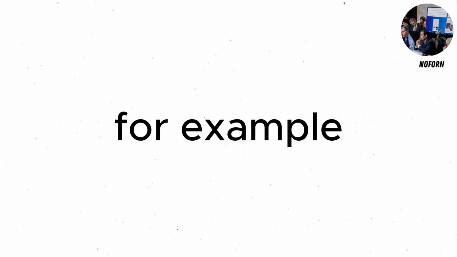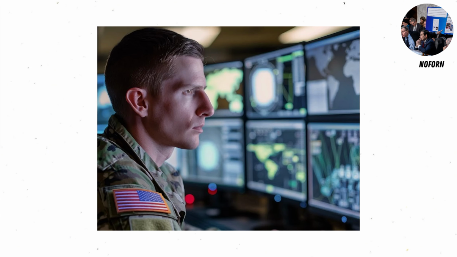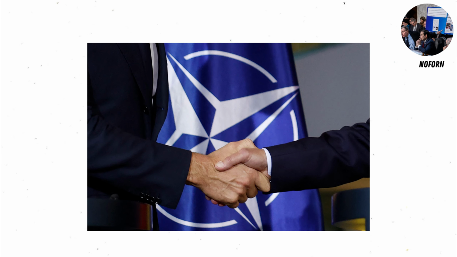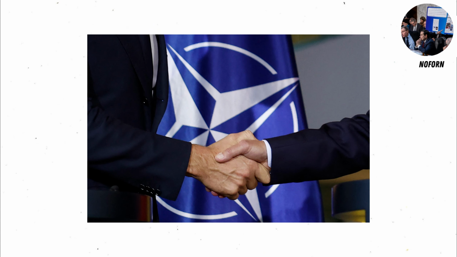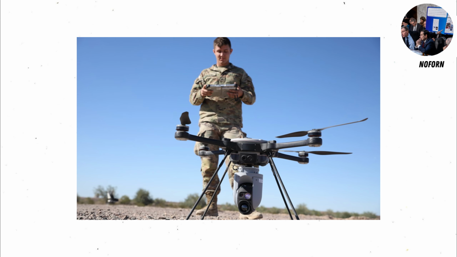For example, a cutting-edge cyber defense algorithm may be marked NOFORN. Allowing foreign access could risk compromise through leaks or misuse. Even NATO partners may be excluded from such material. It matters because alliances can shift, but NOFORN ensures America retains independent control over its most sensitive data.